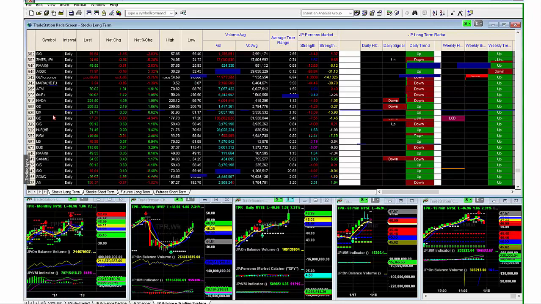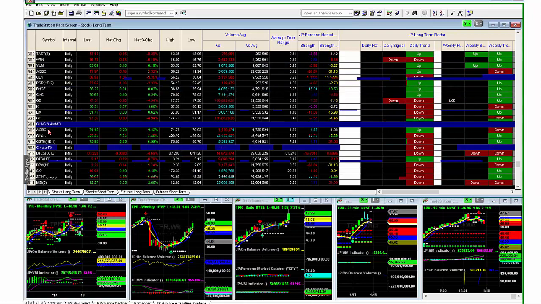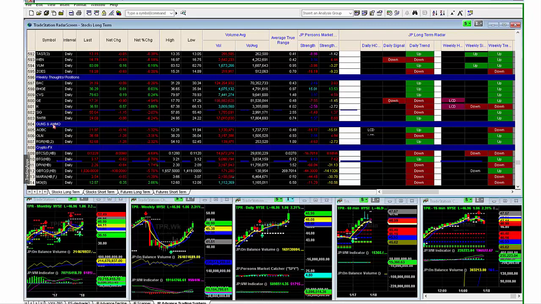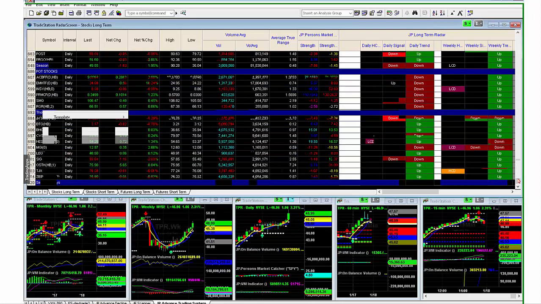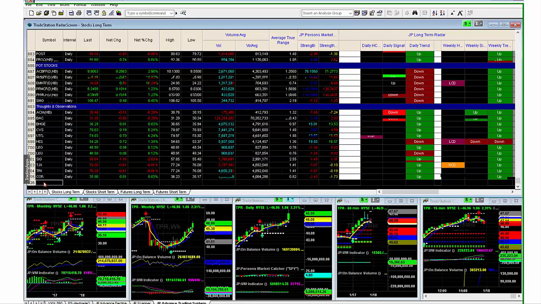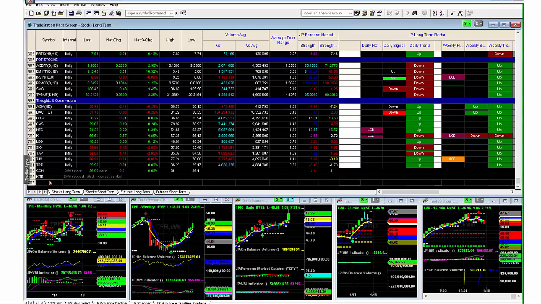So more or less, I can go through, and what I need to do is maintain my system. If you go up and down your list and you have Coach and a bunch of stocks that have been delisted or bought out, like Kite Pharmaceuticals, which got bought out, then unless you go in and delete those symbols that are no longer valid, every time you open up your TradeStation, it wants to search for the prices and the symbol and analyze that stock under your radar screen.